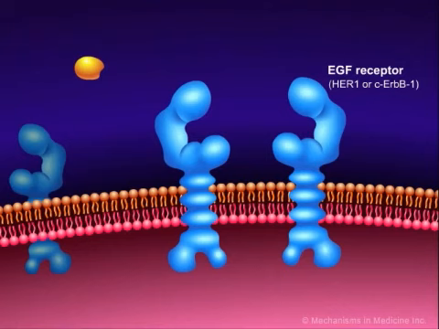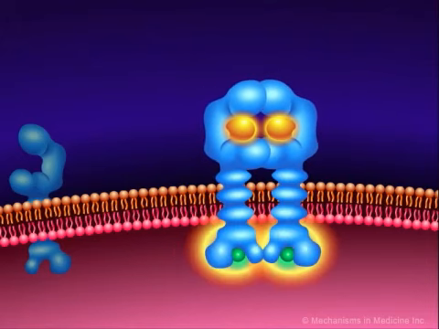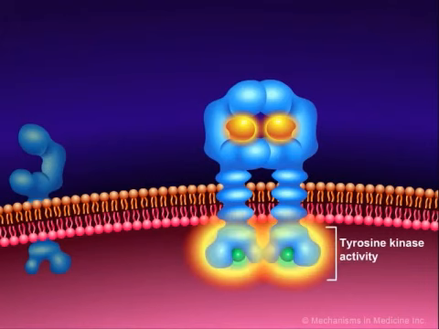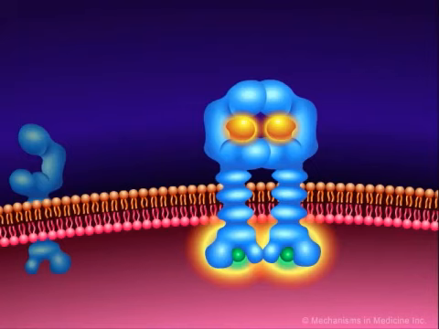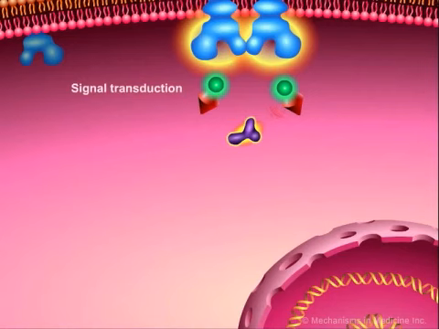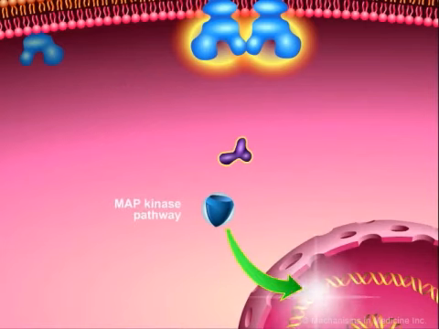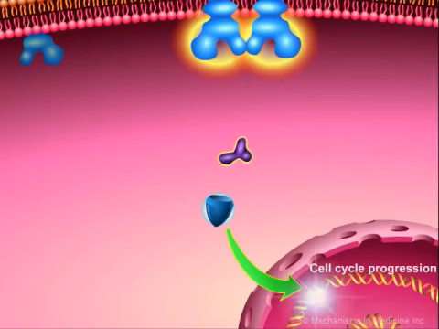When a specific ligand binds to its receptor, this leads to changes in the receptor that transmit a specific signal into the cell. For example, the receptor tyrosine kinase is activated and initiates a signaling pathway specific to that receptor. This phenomenon is called signal transduction. Activation of a signal transduction pathway creates a complex chain of events in the cytoplasm, or fluid intracellular space, that eventually leads into the cell nucleus, where the transcription of genes regulating cell cycle progression are stimulated, resulting in cell proliferation.